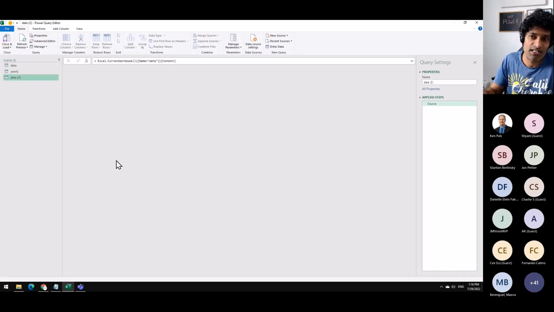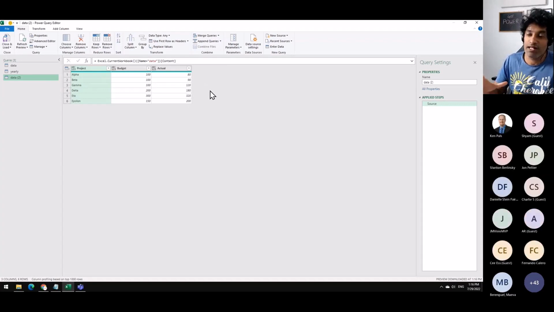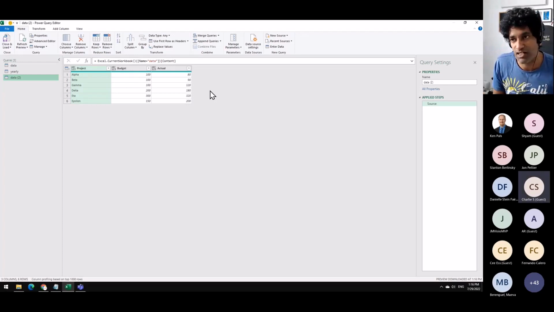I have already done all the transformations here. You can see that thing is already built up, but we're going to go from scratch again. Now, a little bit of Power Query understanding could be helpful. I don't know how much Power Query those attending this meetup are familiar with, but given that Ken organizes this quite often, it's safe to assume that most of you are familiar with the fundamentals. Power Query can be used to change the shape or nature of data using step-by-step transformations.